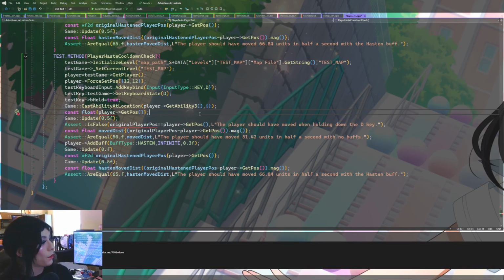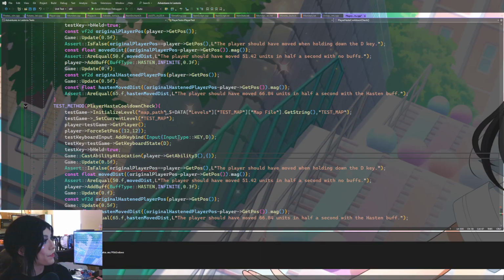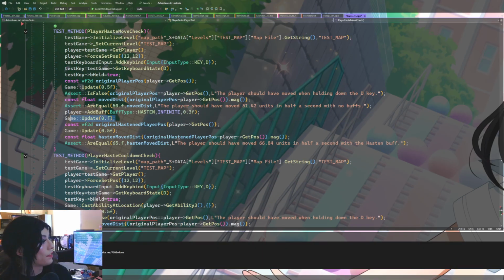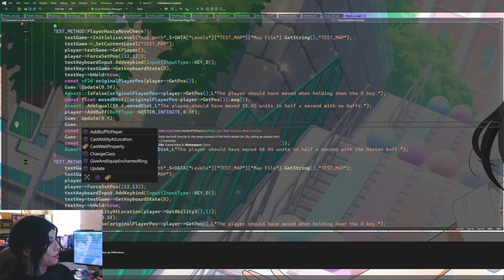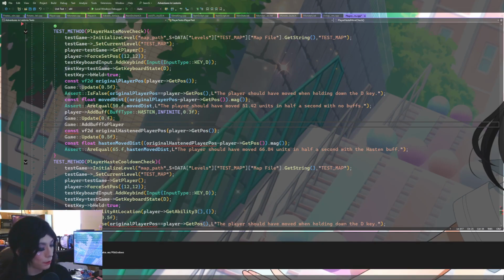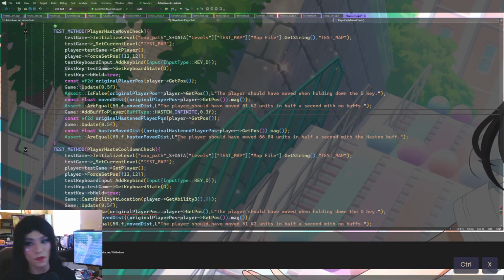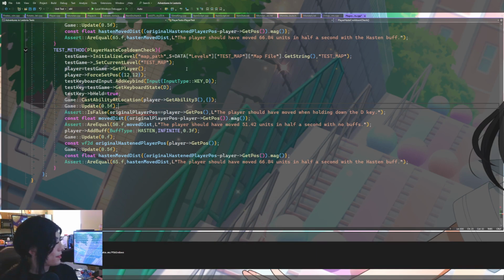Well, actually no, we just update the game for half a second. Also, I found out I can save one line of code if I do add buff to player, which I made specifically as a shortcut to doing these 2 lines right here. Same arguments required. Does the exact same thing, just removes that extra update for 0 seconds line, and we're good to go. So we're gonna update for half a second, and then we're gonna check the cooldown of the ability,